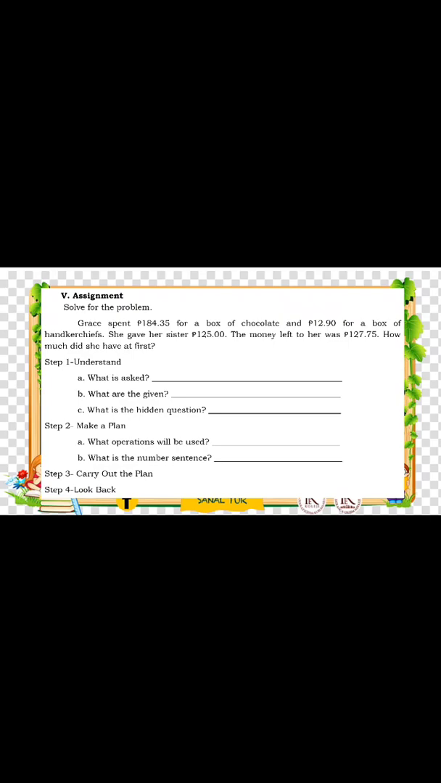So, Grace spent 184 pesos and 35 centavos for a box of chocolate and 12 pesos and 90 centavos for a box of handkerchiefs. She gave her sister 125 pesos. The money left to her was 127 pesos and 75 centavos. How much did she have at first? So you apply the 4 steps. Understand, make a plan, carry out the plan, and